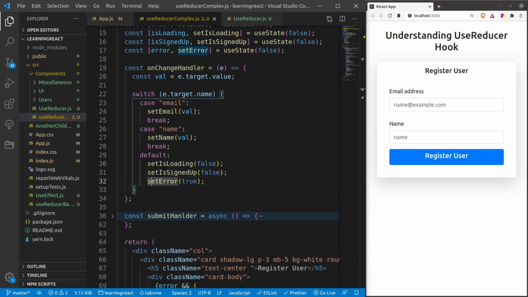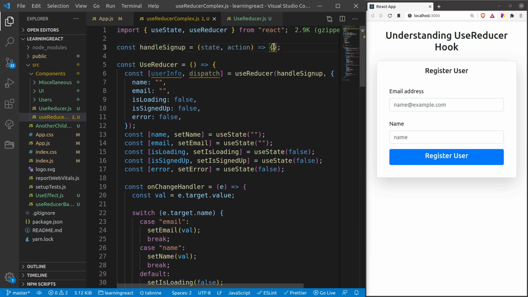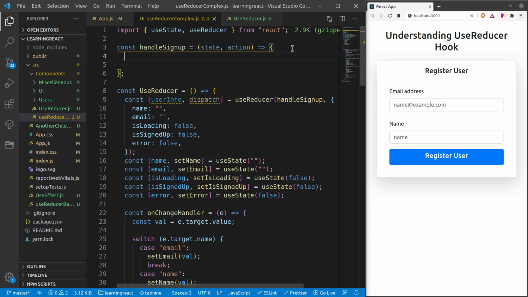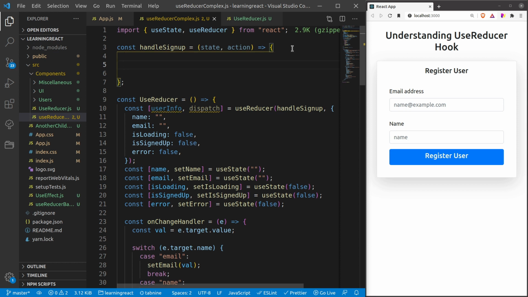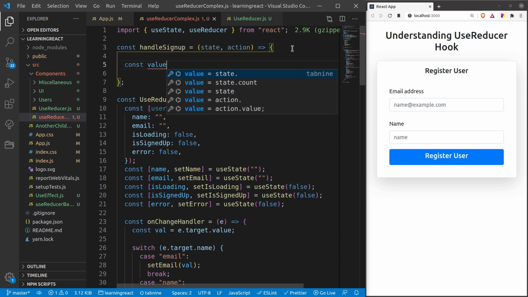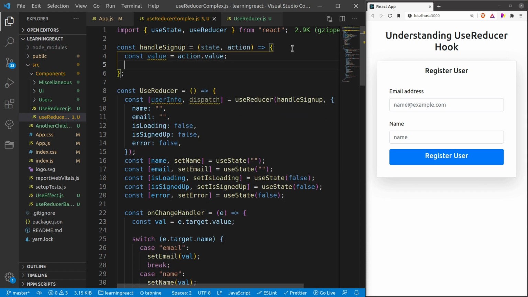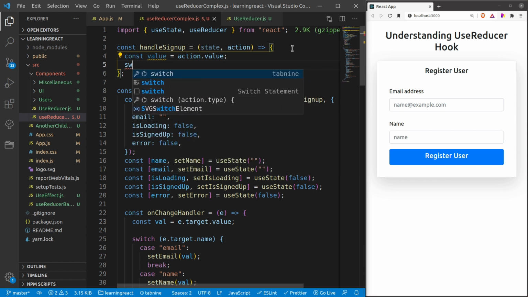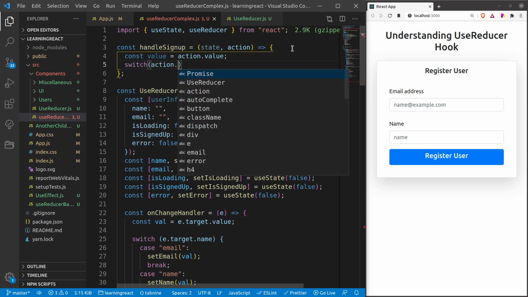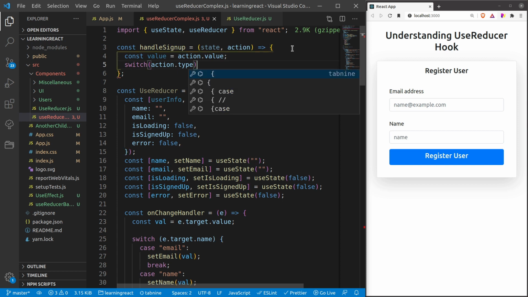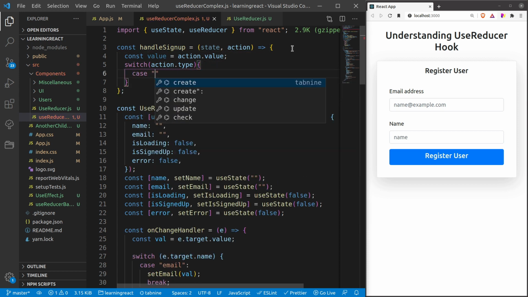So before that, what I have to do is add a switch case handler in my application, where I will say: const value is equal to action.value. I am assuming that action is going to provide me the value, and then there is going to be a switch statement on action.type, and then case as email, right?